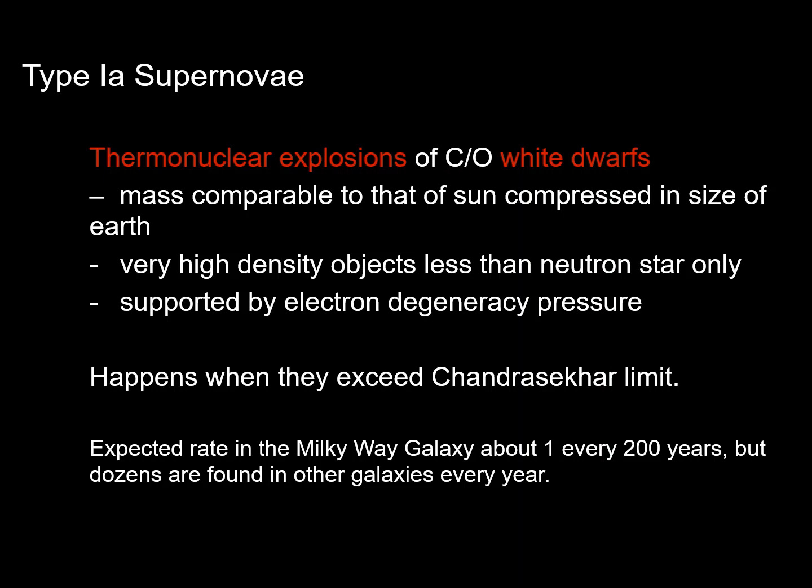White dwarfs are end stages of our sun-like star. Their mass is comparable to that of the sun, but their volume is like that of Earth. So they are very, very high density objects. And once these stars run out of nuclear fusion, the internal gravity starts compressing the star. Then the star is only supported by the electron degeneracy pressure.